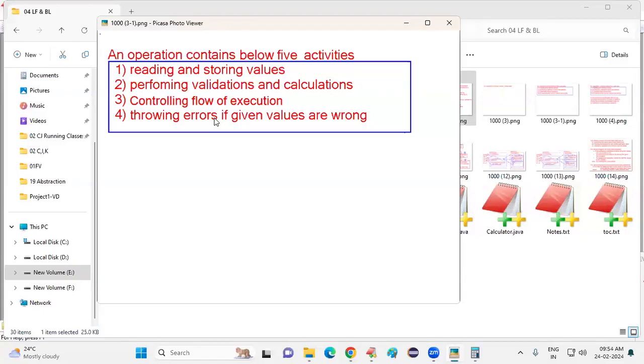Next, while reading, it is verifying whether the barcode is properly there or not. Sometimes it is unable to read. That means validation is happening. It's a wrong value, so it is not reading and storing. Second, performing validations and calculations. Third, controlling flow of execution. And fourth,